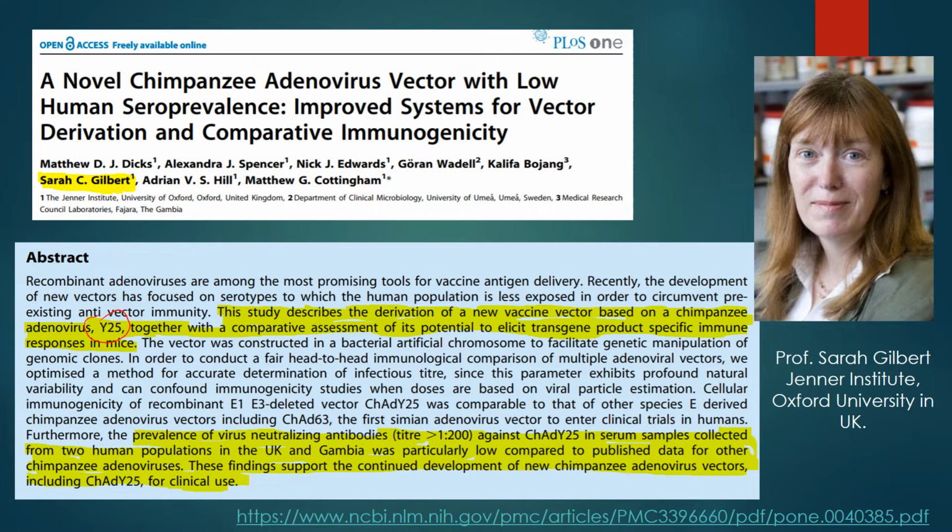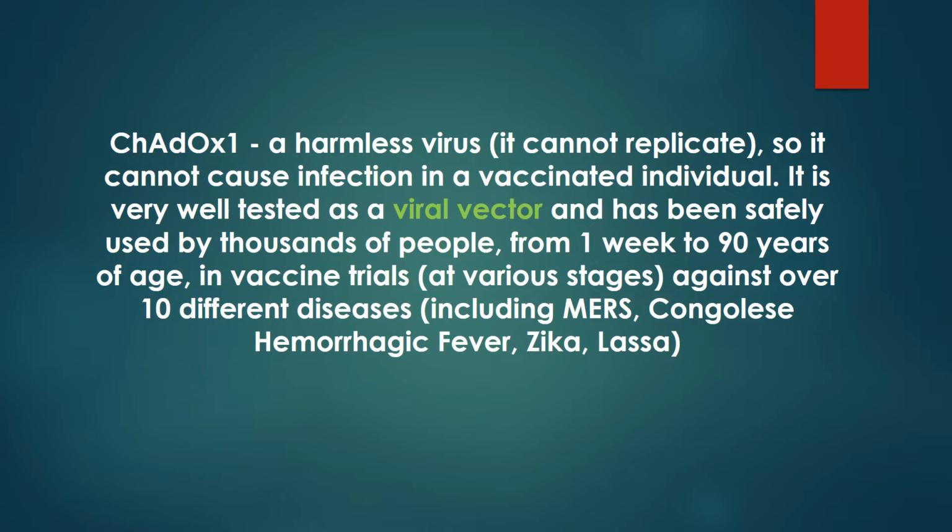What is very important, the virus which we want to use as such a vector should not be neutralized by our human immune system. It has to be foreign, but harmless to us. We shouldn't have antibodies against it. And it was proven in the UK and Gambia. After the biomolecular modifications, this chimpanzee adenovirus Y25 was changed into ChAdOx1, chimpanzee adenovirus Oxford 1 virus. This is the name,